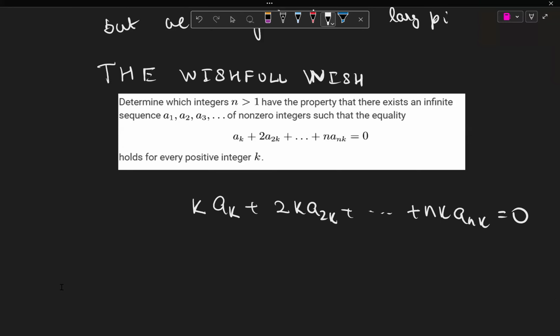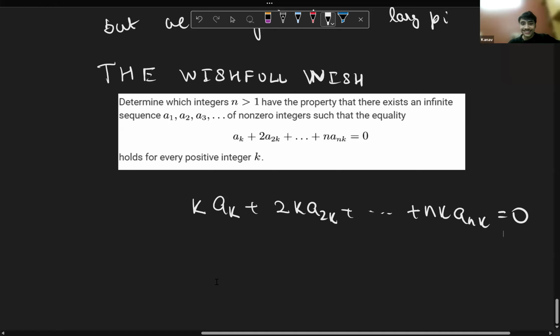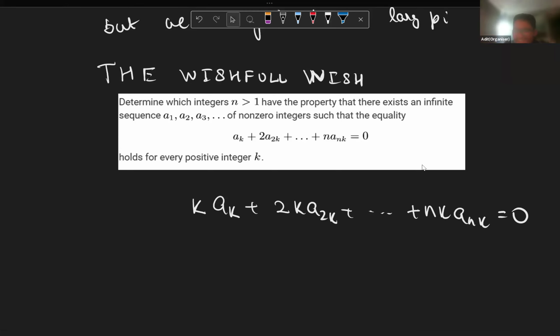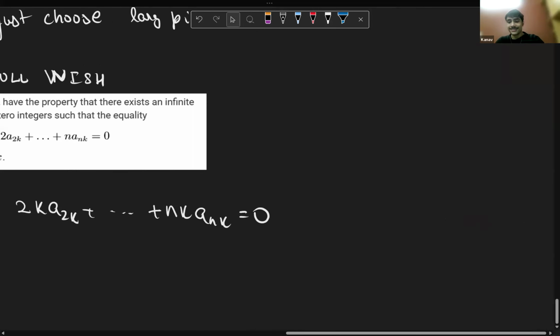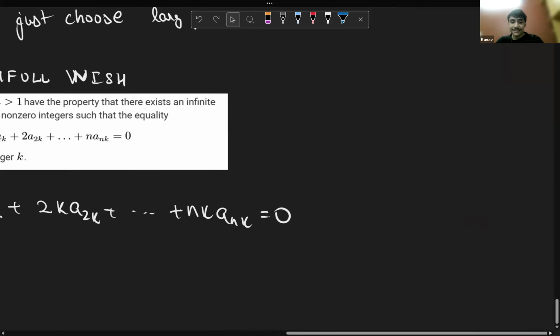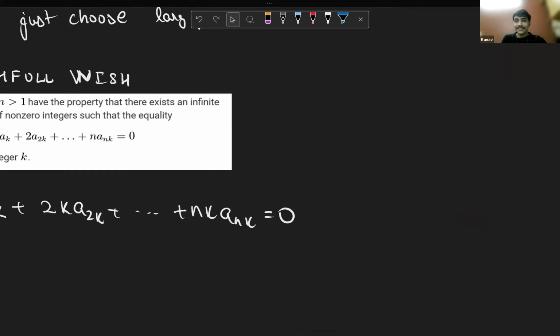Is the problem's name wishful wish? Wishful wish is the idea. Okay, so I divided constructions into three things. Let's write it here. I divided constructions into three things: the CRT force,